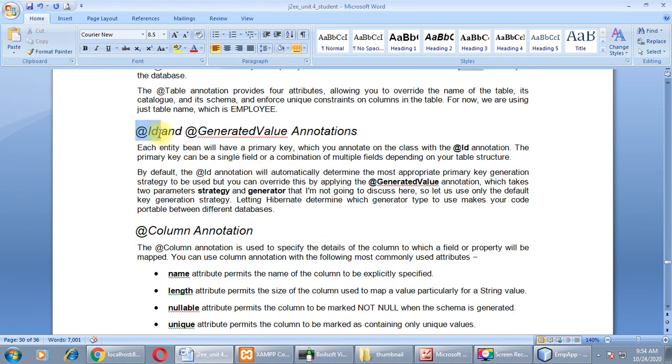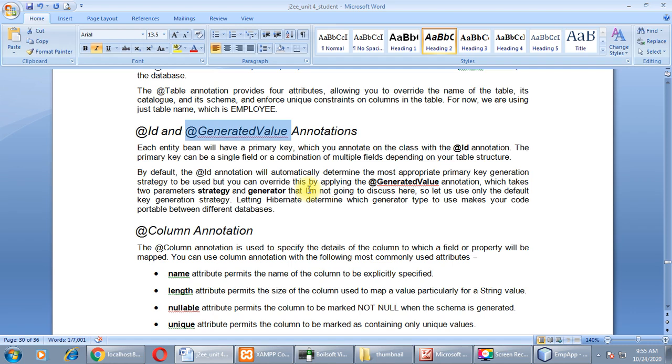Next annotation is @Id and @GeneratedValue. Each entity bean will have a primary key which you annotate on the class with the @Id annotation. The primary key can be a single field or a combination of multiple fields depending on our table structure.